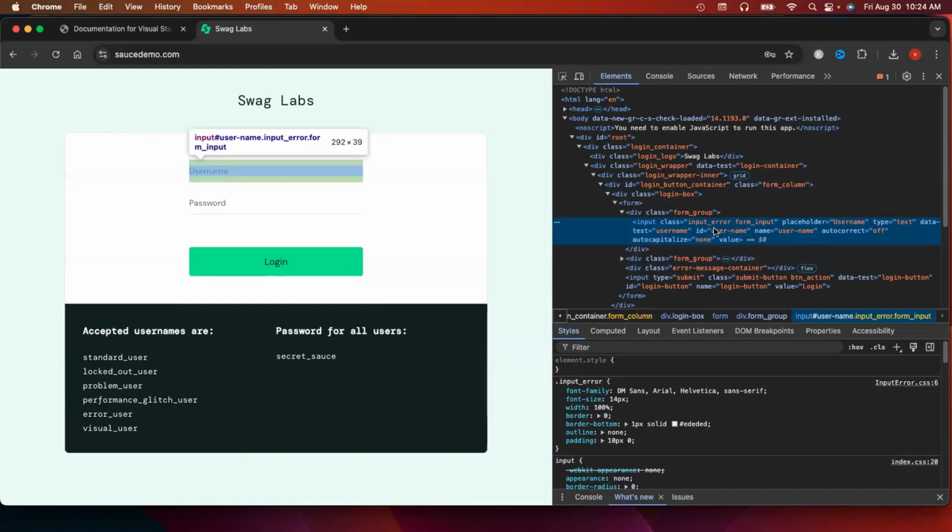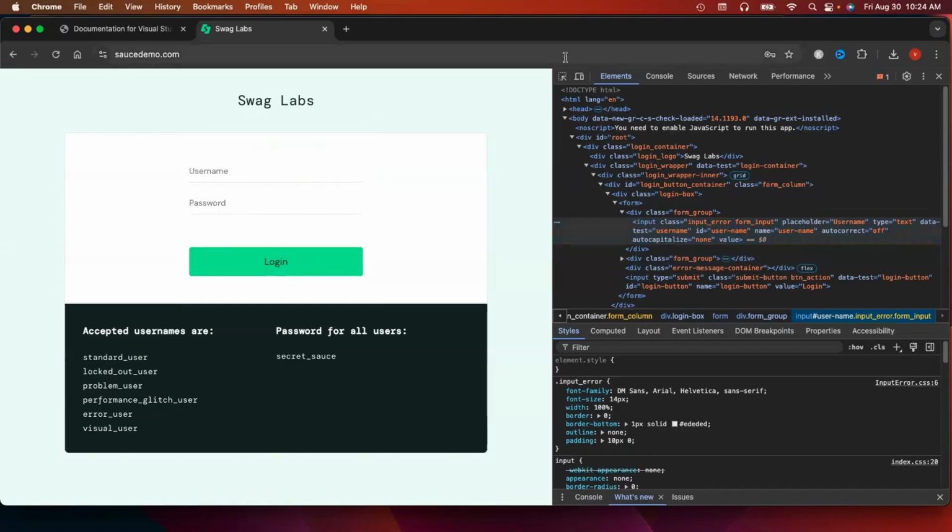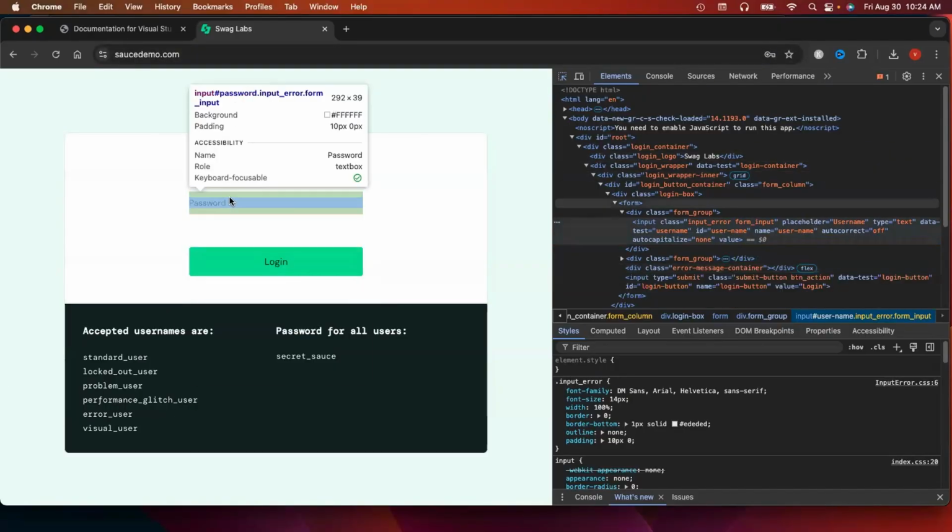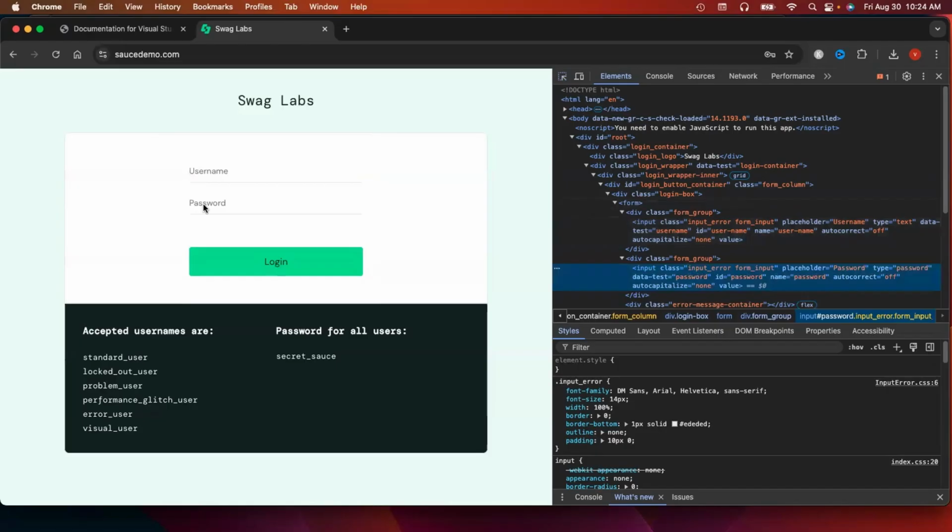Okay. And now how do you locate the password? Same way. Hover over this, click on it, and it turns blue. Now select the password, click on the password. It took you to that password section of the HTML code, right? And the ID is equal to password, name equal to password. This is the information that you need in order to use in your script to locate these elements and interact